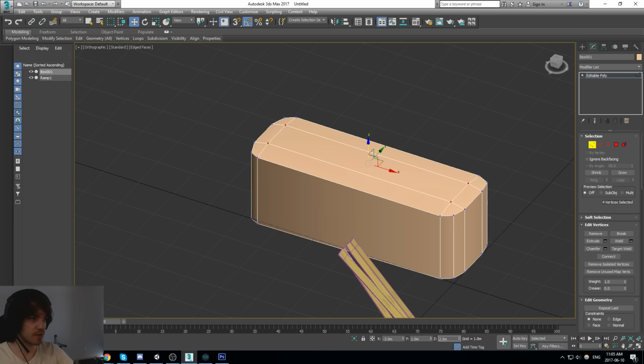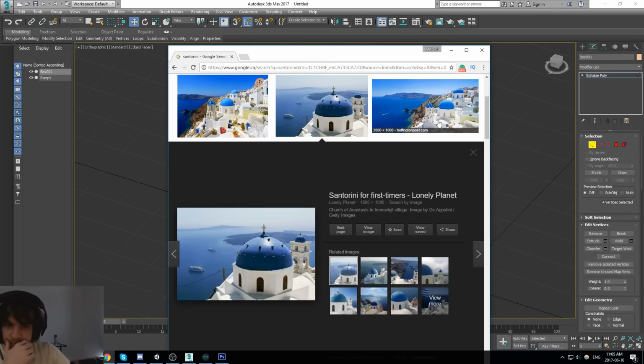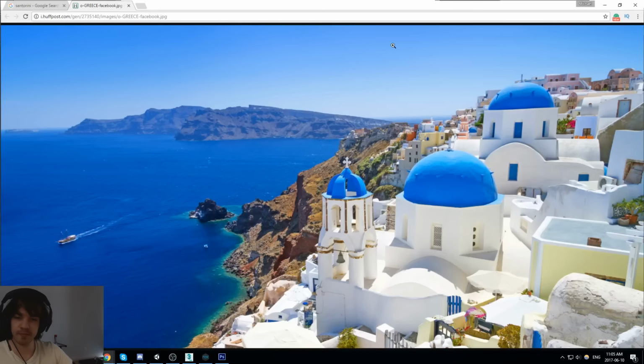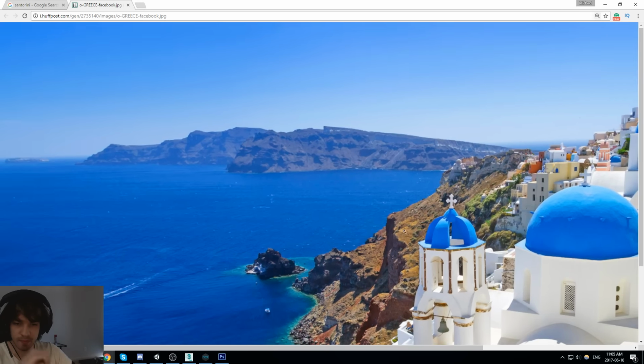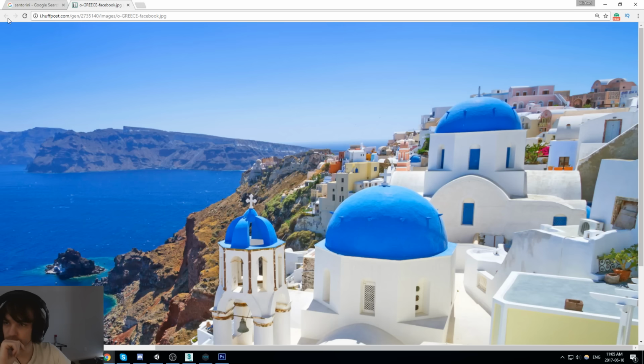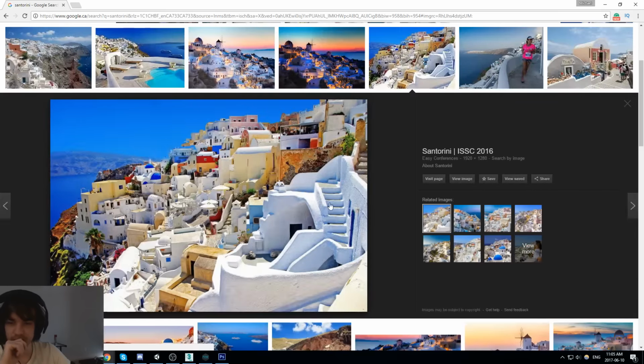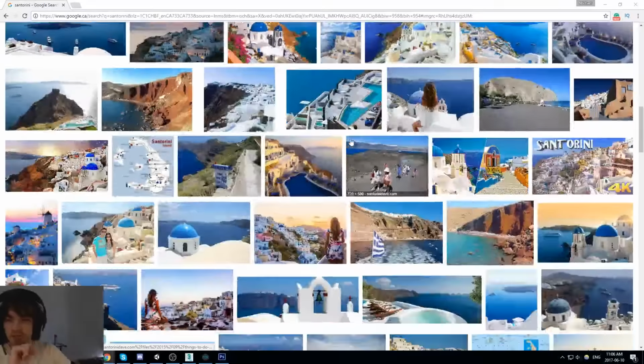Now for the Santorini-like building, I feel like we could add some kind of ramparts, maybe? Let's Google these images. Boom. There's a lot of curves. Tons of curves. It's also super pretty. I dream to go there at one point, if I'm able to save some money and go there for say a week.